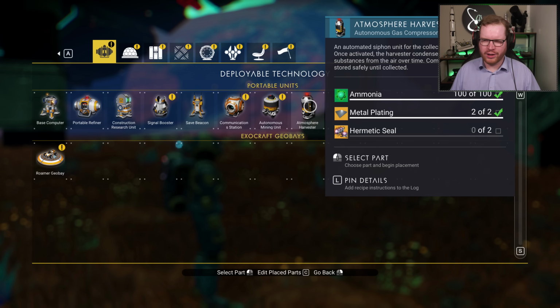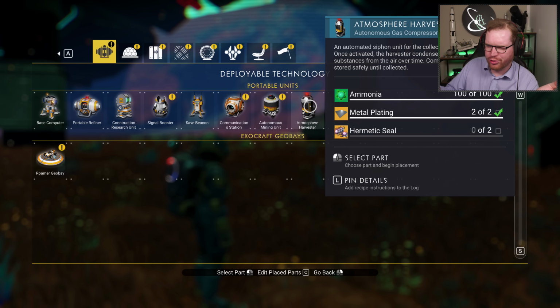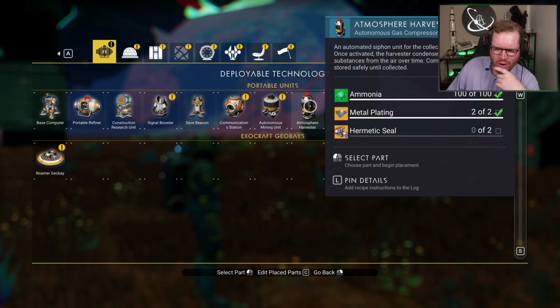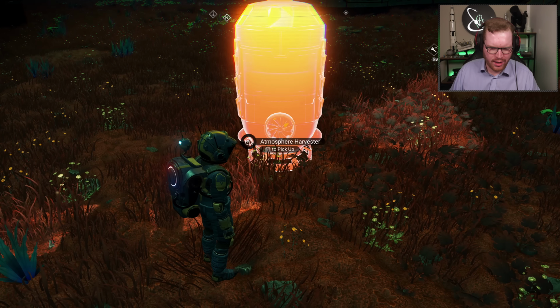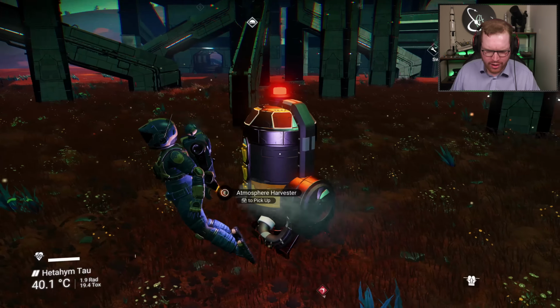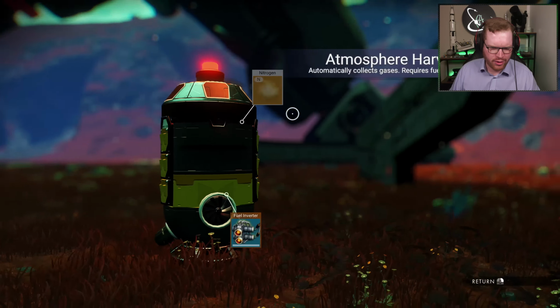So, okay, the other ones that we're looking at were these atmospheric harvesters. They also harvest valuable gases. Once activated, we just need some hermetic seals to build these. So let's go ahead and make those real quick. And there's an atmospheric harvester, which looks a lot like the oxygen harvester. How does this work? You feed in fuel and... oh, so this one just harvests... okay, so it works